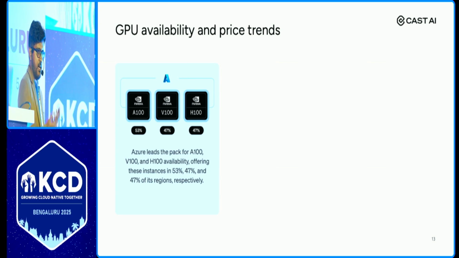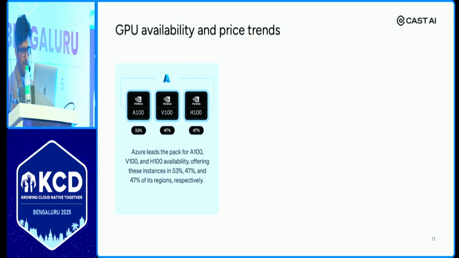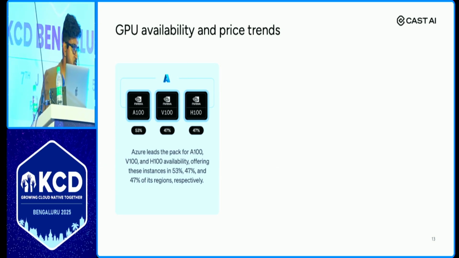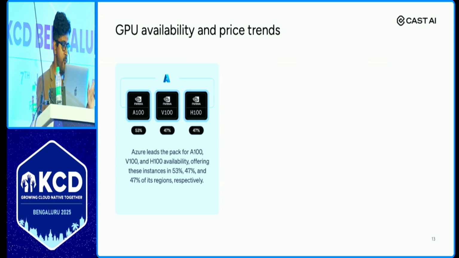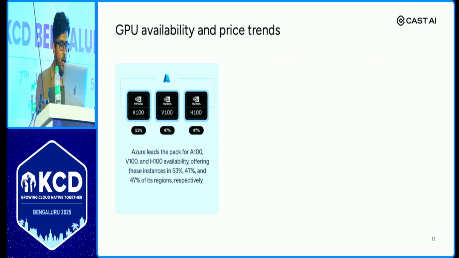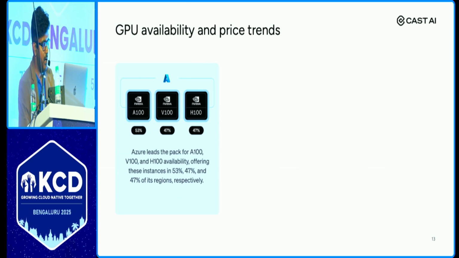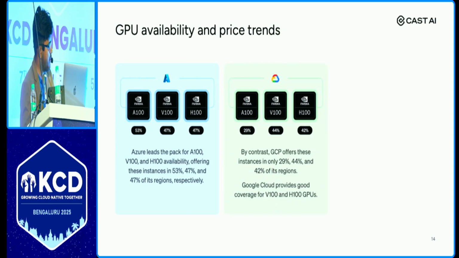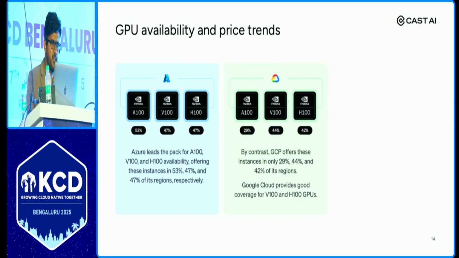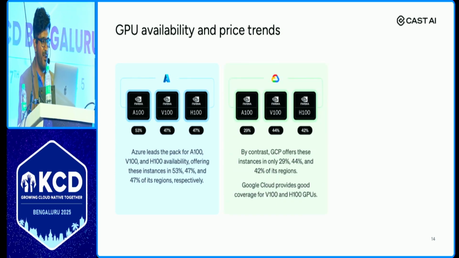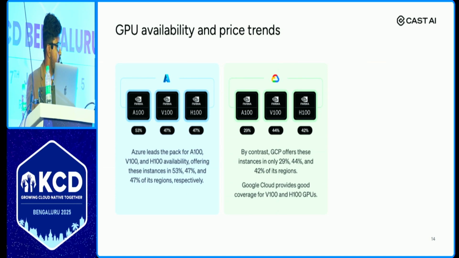Okay, you will check Azure first. All three machines are there. Azure Spot is 53% cheaper for A100. V100 is 47% cheaper, and the third one is 47% again. So it's a good one. It's cheaper, availability is good, fine. Azure wins. What about GCP? Same case. GCP also has availability, but the cost is not that discounted. The Spot is not that cheap. So you say, okay, let's not use GCP.